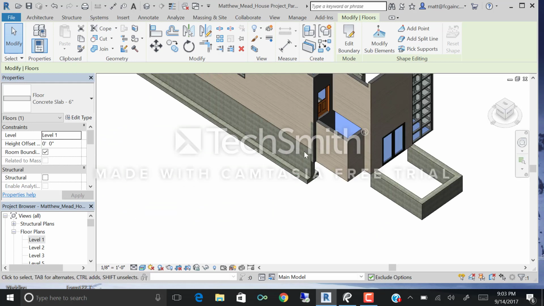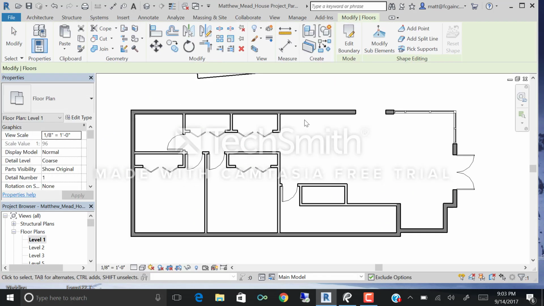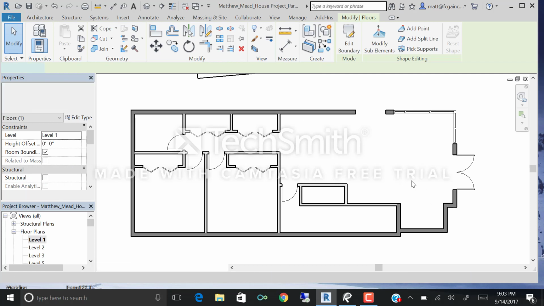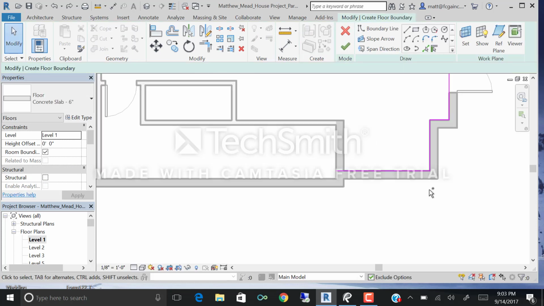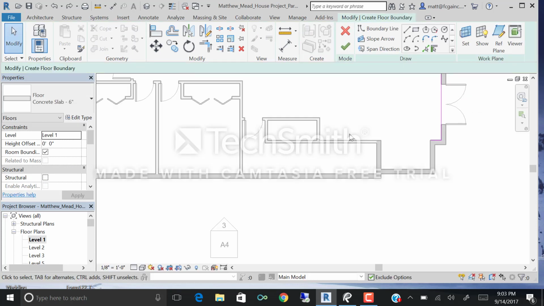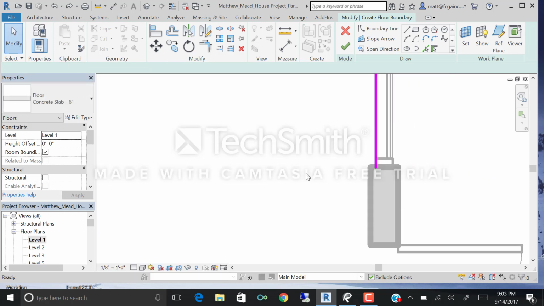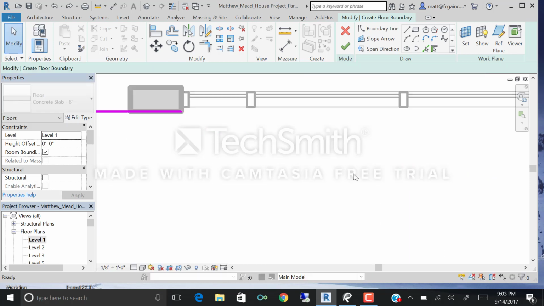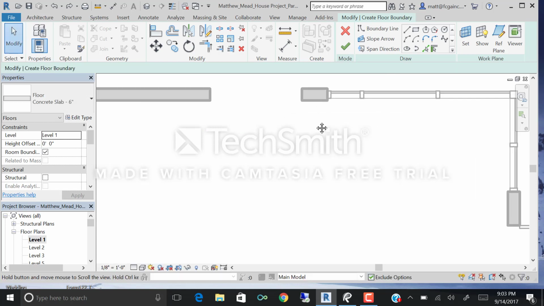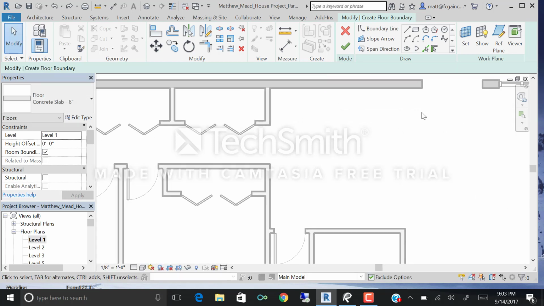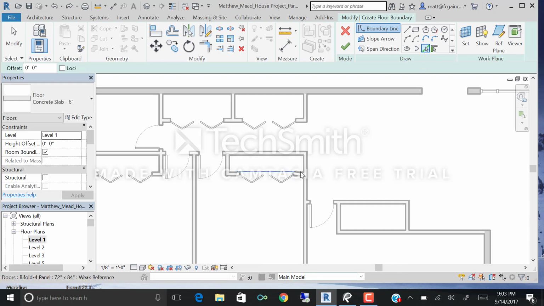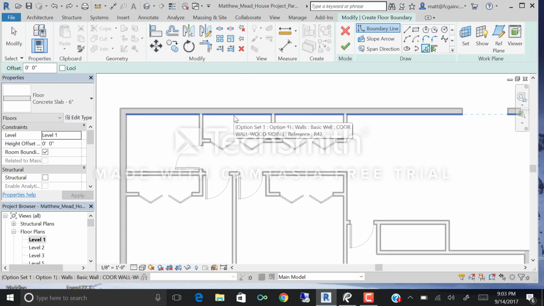All right. So let's go back to our level 1. Let's look at a couple different ways. I'm going to do Control Z, and I'm going to backtrack to prior to creating our pink boundary lines. Let's look at another way we might do this. Another way that you might do this is using your Pick Lines tool. So if you notice, I'm going to click on the